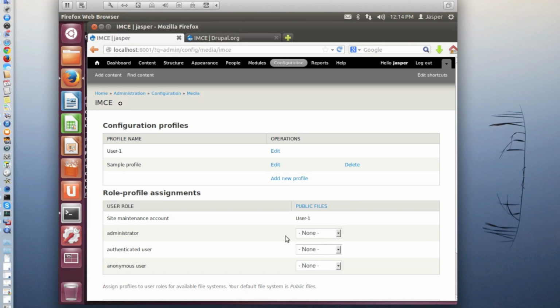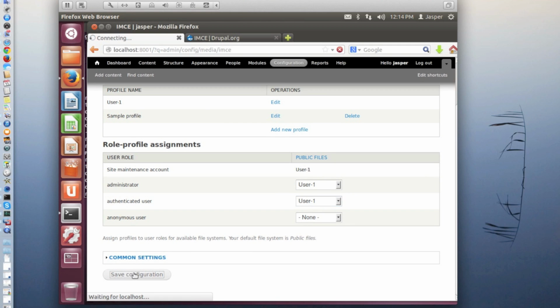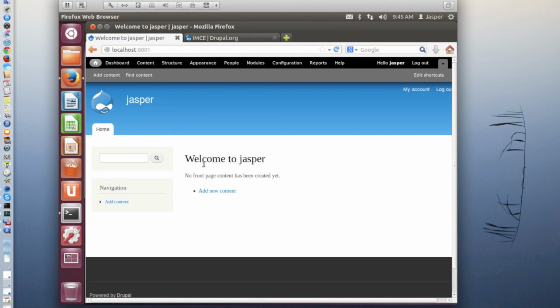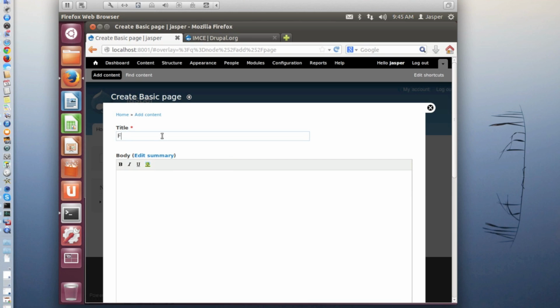We assign the administrator role to profile user 1, and for the authenticated user also user 1, and save the configuration. And now we go to add a new page with the what-you-see-is-what-you-get editor. We go to the basic page, we give a title,